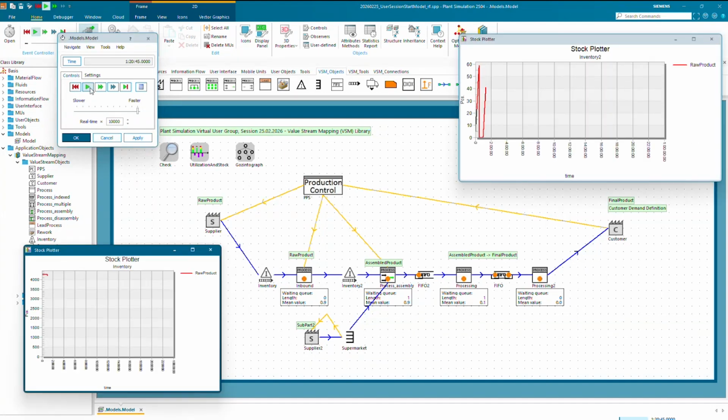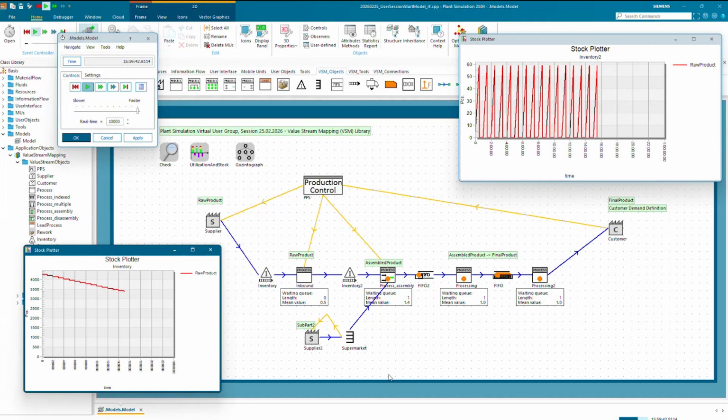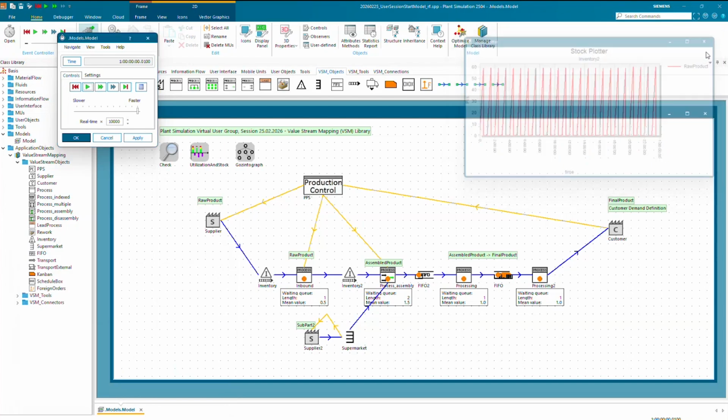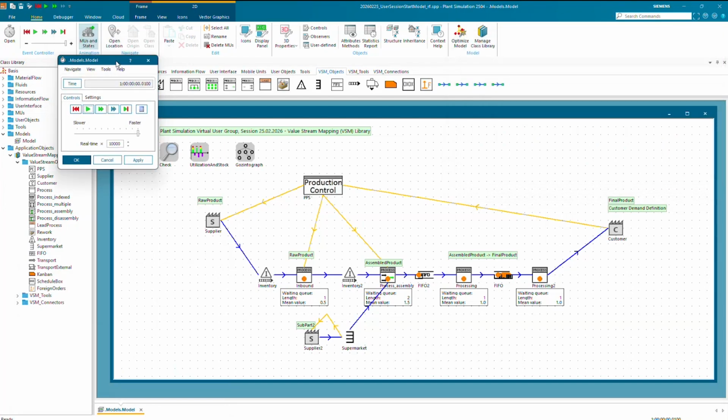So you could then basically model this in an integrated way, and also have the supermarket available as a certain concept and push element, pull element for your value stream.